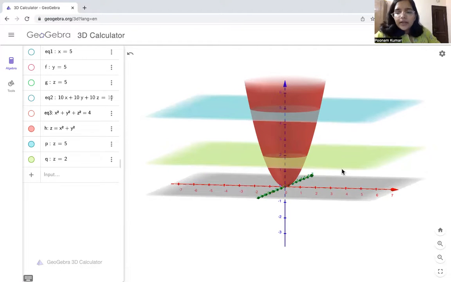तो अब क्या हो रहा है? This is our x-axis, this green one is our y-axis, and this is our z-axis. हमारे पास ये फंक्शन है, ठीक है? हमने बोला इस फंक्शन को z equals 5 पे कट कर दो. तो हमने एक प्लेन ड्रॉ कर दिया, एक स्लाइसिंग हो गई हमारे फंक्शन की, ठीक है? फिर हमने क्या बोला? z equals 2 पे भी सेम चीज कर दो, ठीक है? अब अगर आपने यहाँ पे जो भी स्लाइसिंग की है, ये कट कर जहाँ पे भी किया और कट करके